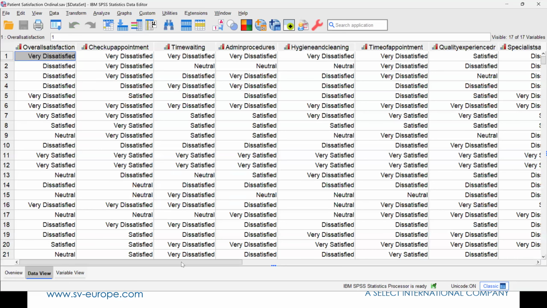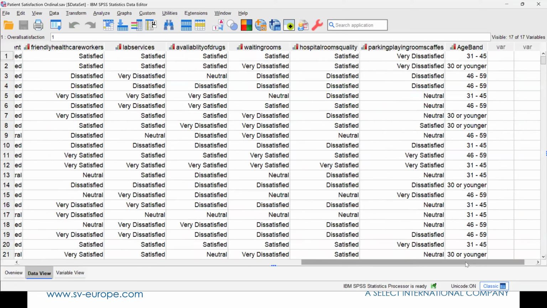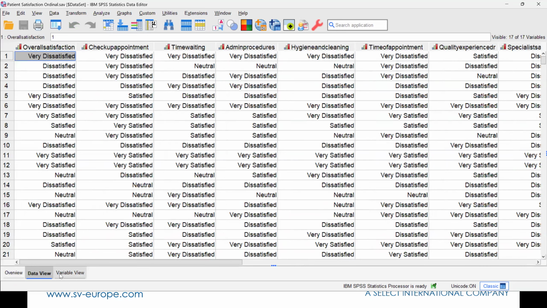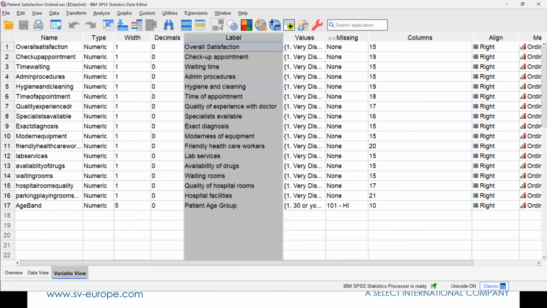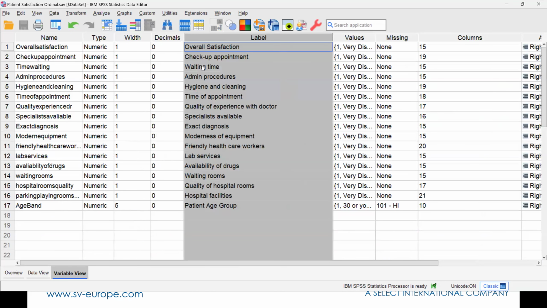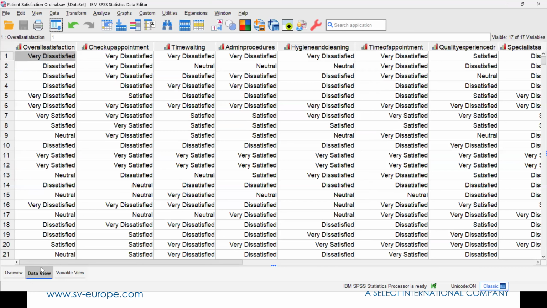One of the only demographic variables that we've got here is age band. And the rest of the fields, if you look at the names, are actually asking people about their level of satisfaction with checkup appointment, waiting times, admin procedures, hygiene and cleaning, time of appointment, quality of experience with doctor, specialists available, exact diagnosis, modernness of equipment. What you generally tend to find with these types of questionnaires and this type of data is that